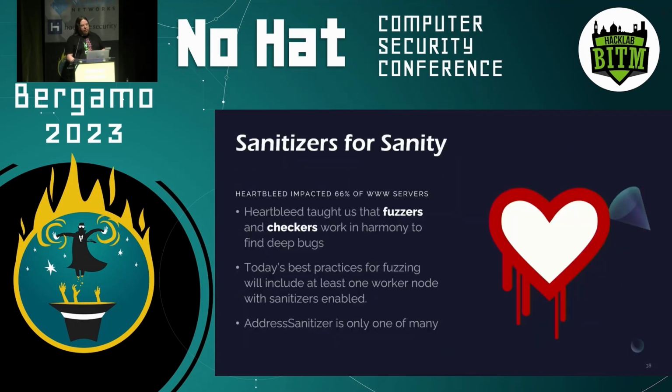But you guys have probably heard of this bug, Heartbleed. This is one of those bugs that was found shortly after libFuzzer was put into the compiler, and so there was a lot of interest in this high-profile bug and whether or not fuzzers could find it, or why they hadn't found it. And it really comes down to the fact that if there's no crash, then we need to add some sort of other checker into the target that validates some properties